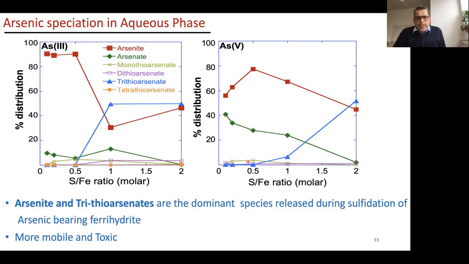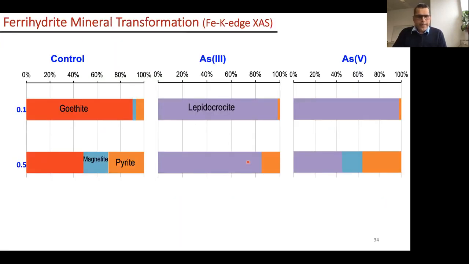Now, this is all about the aqueous phase so far. That is the arsenic story. So now the question is, what happened to the ferrihydrite minerals? Because we initially talked about there being a mineral transformation as well. We looked at the iron minerals using iron K-edge EXAFS spectroscopy. What we see here is that it all started with ferrihydrite. So in the control experiment, where we had no arsenic soaked on the ferrihydrite, just ferrihydrite exposed to dissolved sulfide,